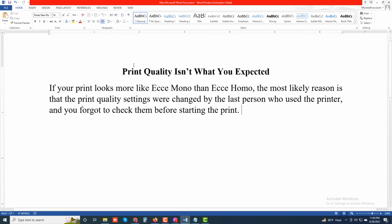Print quality isn't what you expected. If your print looks more like Ecce Mono than Ecce Homo, the most likely reason is that the print quality settings were changed by the last person who used the printer and you forgot to check them before starting the